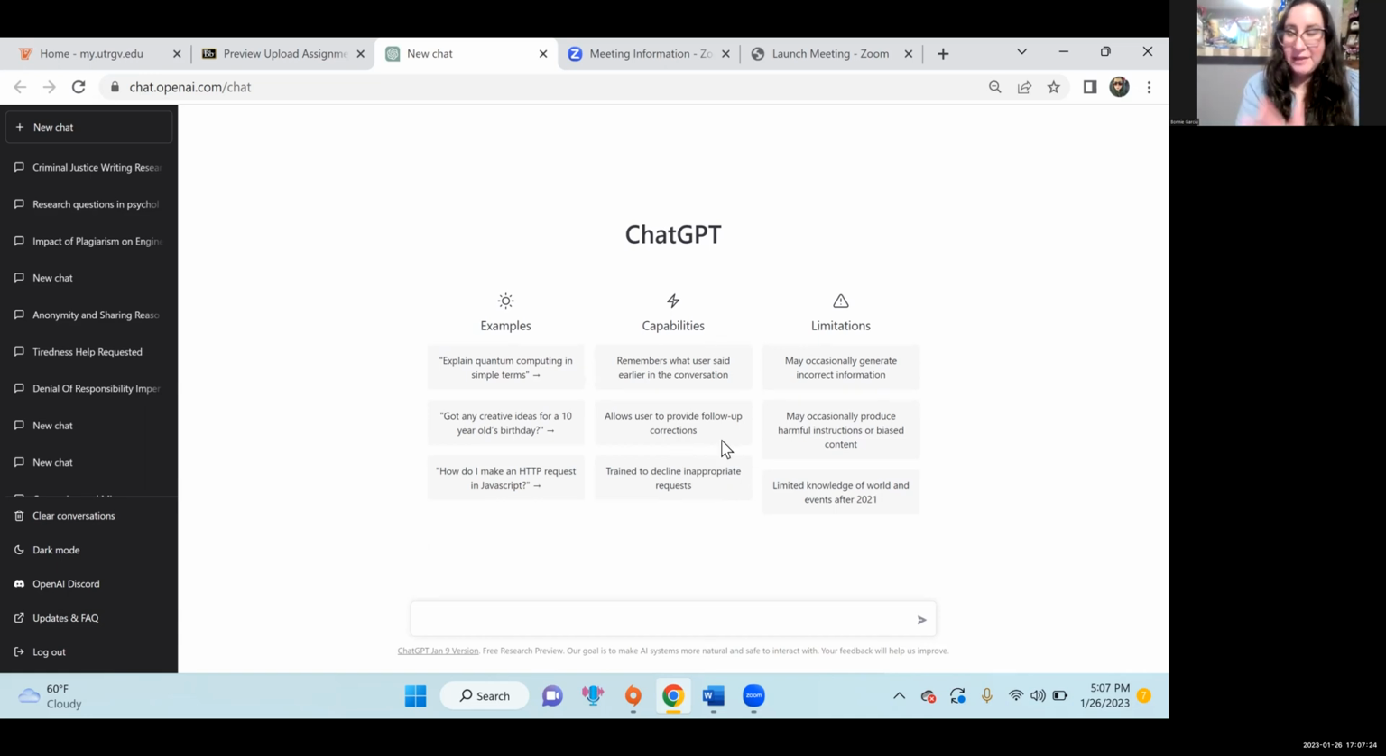If it's not at capacity, it'll take you here. If it's at capacity, it'll tell you, hey, we're at capacity. Unfortunately, you'll have to find a different chat box. But if you can get in,